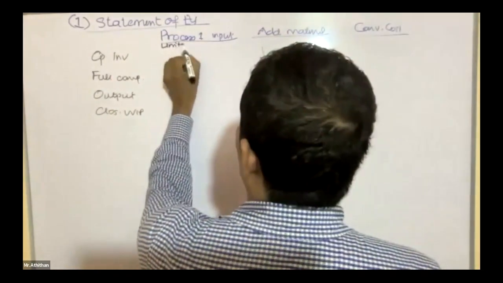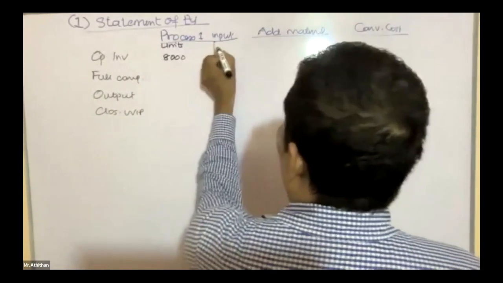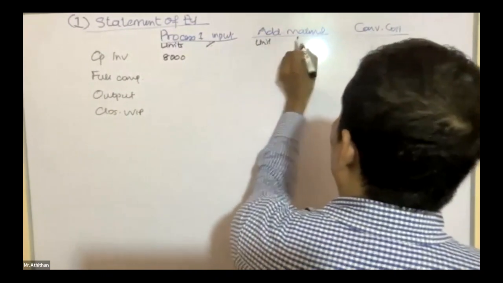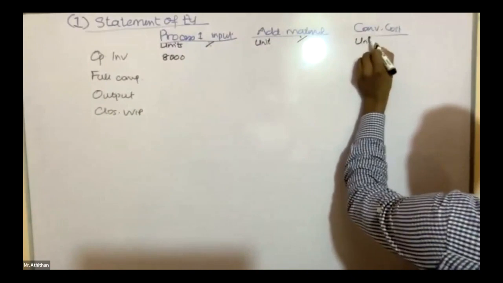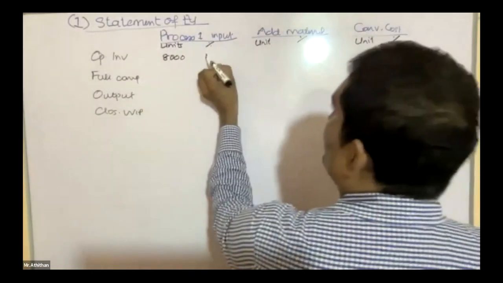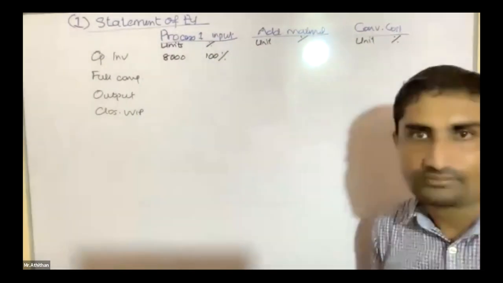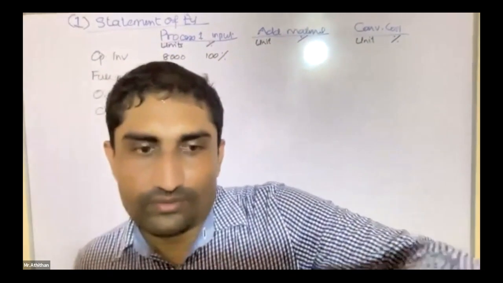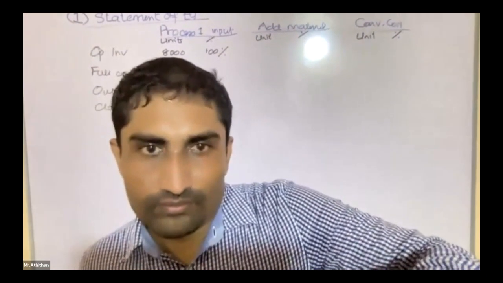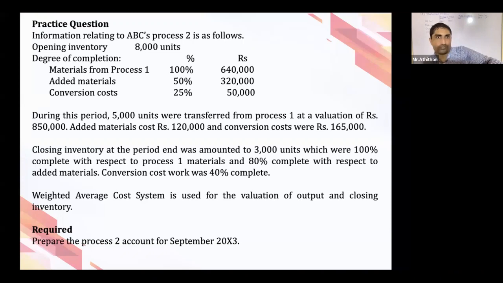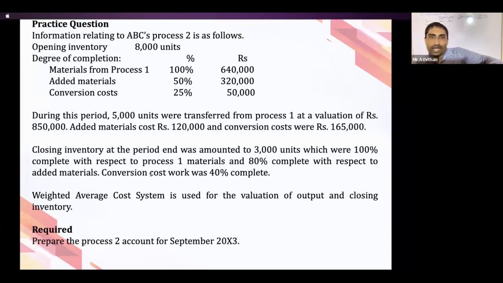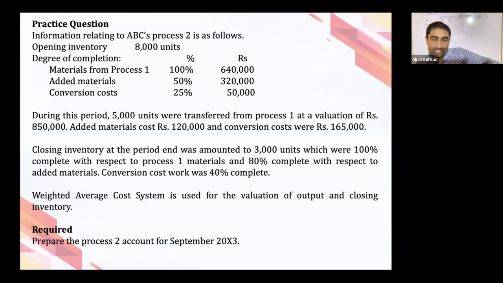Units 8,000. Percentage unit, percentage 8,000, 100% complete. Okay. Opening inventory 8,000 units. Material from process 1, 100% complete. Added material 50% complete. Conversion cost 25% complete. But